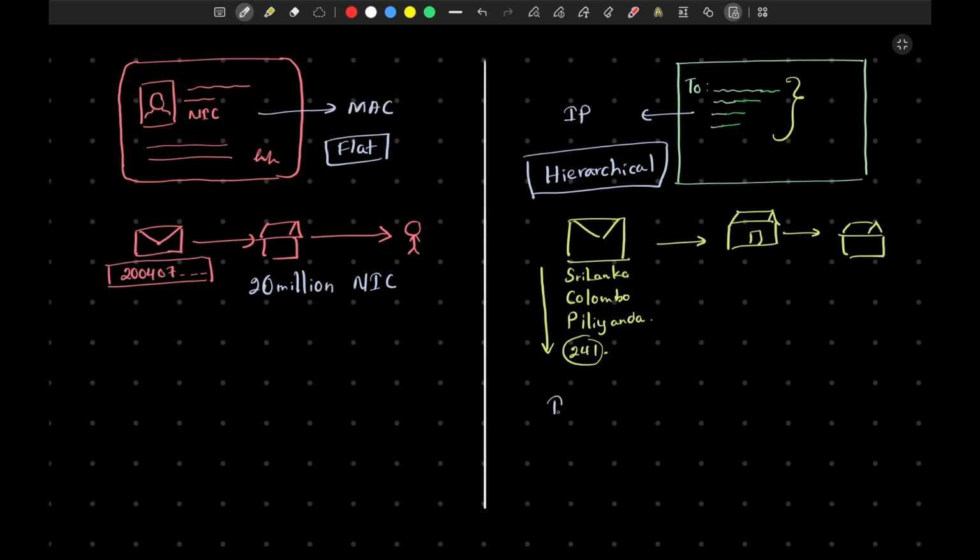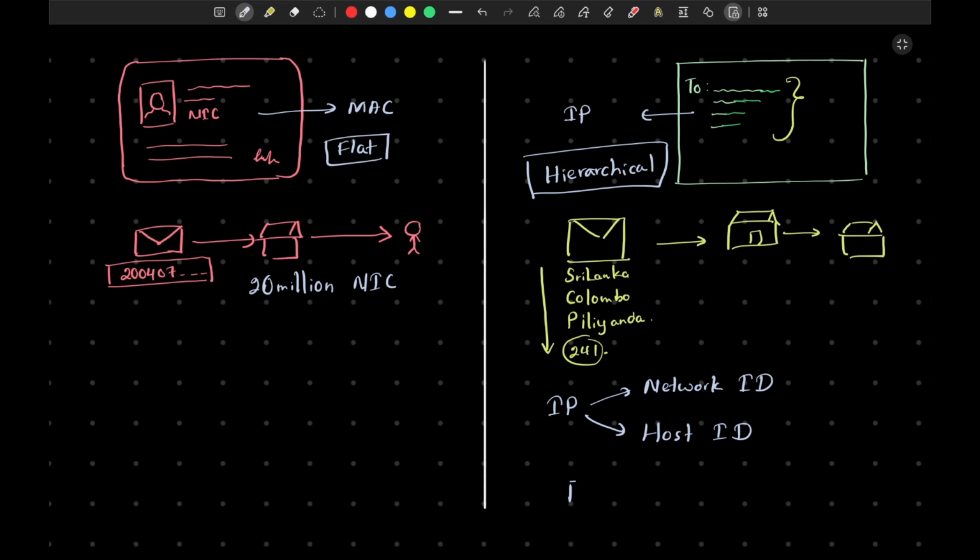So when it comes to the IP addresses, there are two parts. One is the network ID, and then the other is the host ID. Usually the network ID is the front part of the IP address, which determines the network of the destination. As an example, let's say